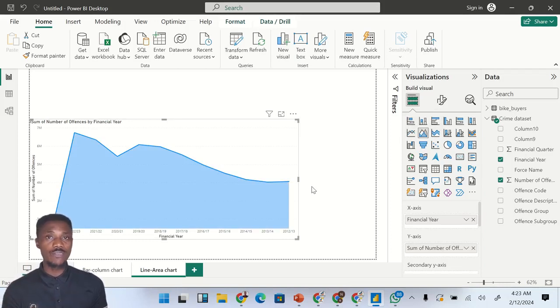So what's the difference? Of course, you see the difference between the line chart and the area chart is that the line chart only shows you a line that shows you the trend of the data set you're trying to visualize, while the area chart will give you a shaded area under the line. Okay, so